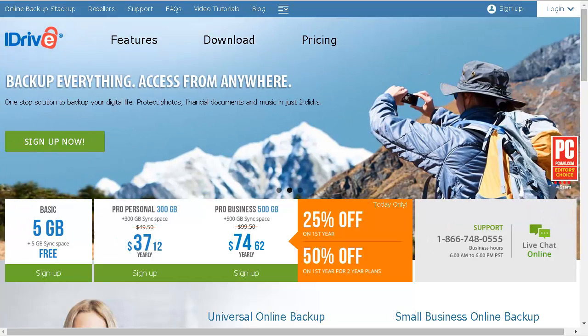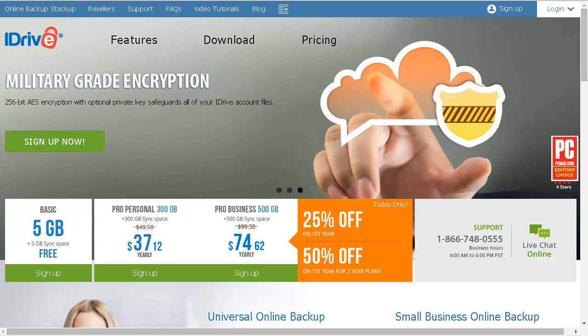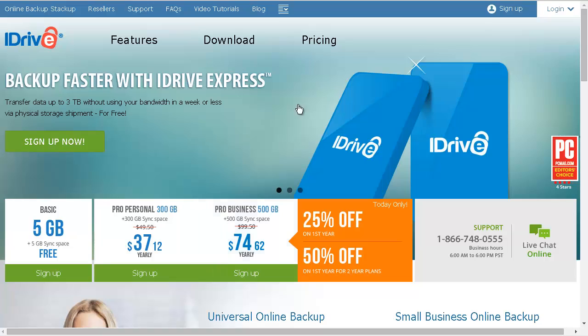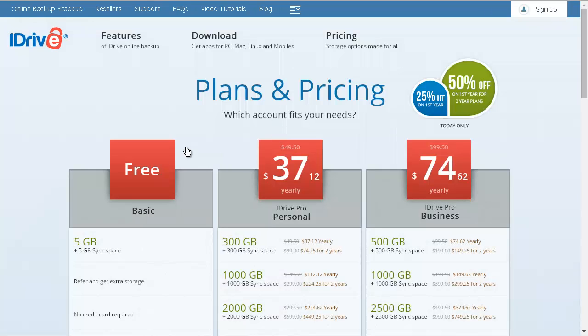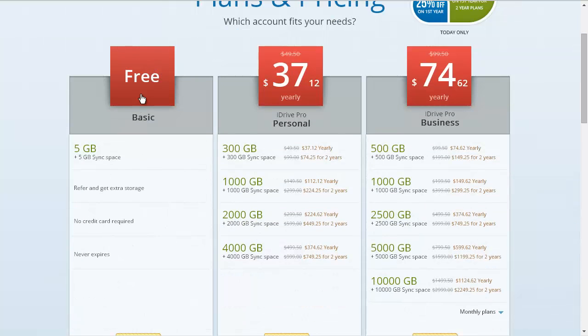Now, the way around this is to use a different storage platform, and I suggest iDrive. With iDrive, you get 5 gigabytes for free, and you can easily get 2 more gigabytes, so for a total of 7. Okay, so all you have to do is set up an account. If you go over to pricing, you can see the different ones you can get here, but we're just going to go with the free. So we'll click on free here,